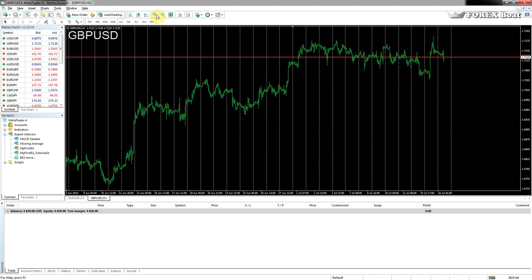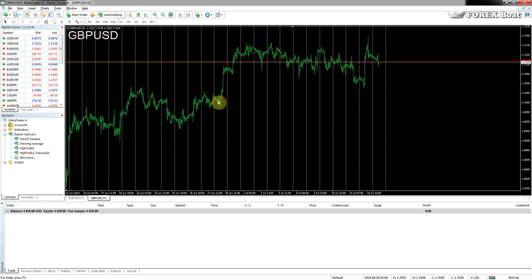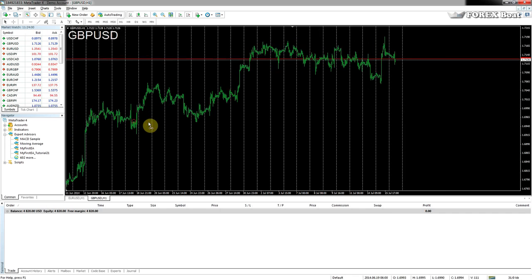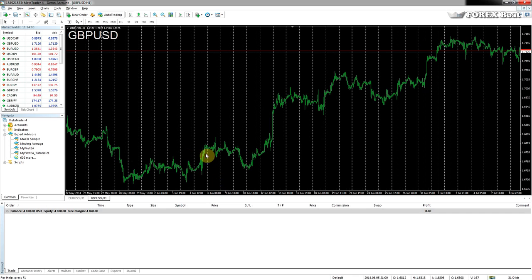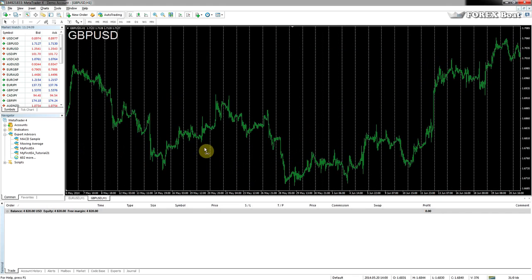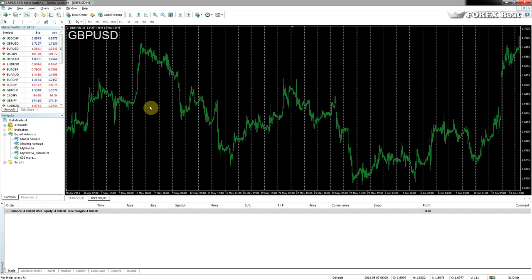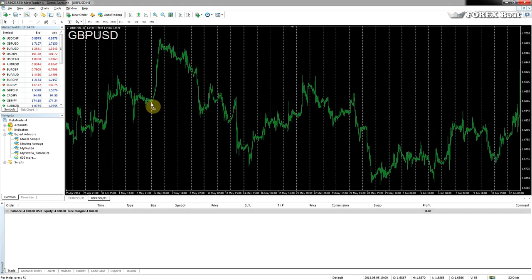If we look closely, let's stay at this level of zoom. If you look at the start of every day, there isn't much movement. The market is generally flat at the start of every day, and the big movements always happen in the middle of the day, based on the time zone where the trading server is located. Here again, you can see that most of the movements don't start right away in the beginning of the day. They do sometimes, but statistically they occur in the middle of the day. So we could have a rule saying that we either do not trade in the middle of the day, or on the contrary, we trade in the middle of the day and look for movements there.